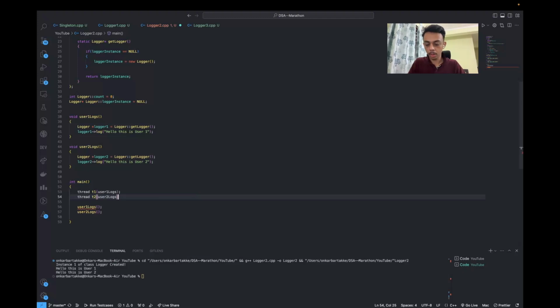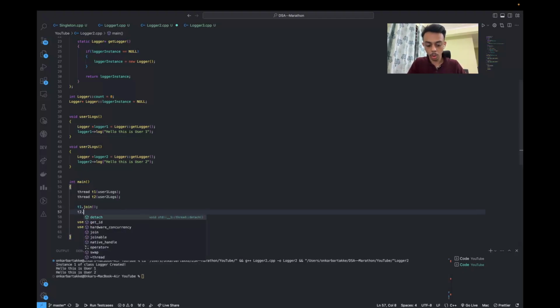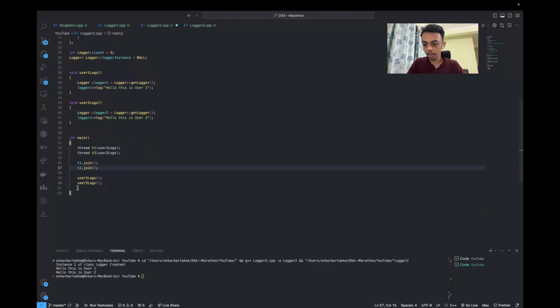Okay, and after that I will just join this, t1 dot join and t2 dot join. Okay, and I will comment these 2 lines of code. Okay, now let's try to run this.